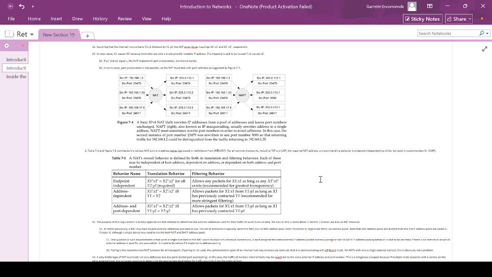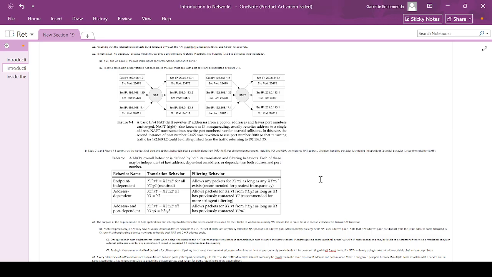So that's the normal behavior for easier sessions over the internet. If you implement the address dependent or the address and port dependent, those are not really typically used in current internet protocols. So here, each of these may be independent of host address, dependent on address, or dependent on both